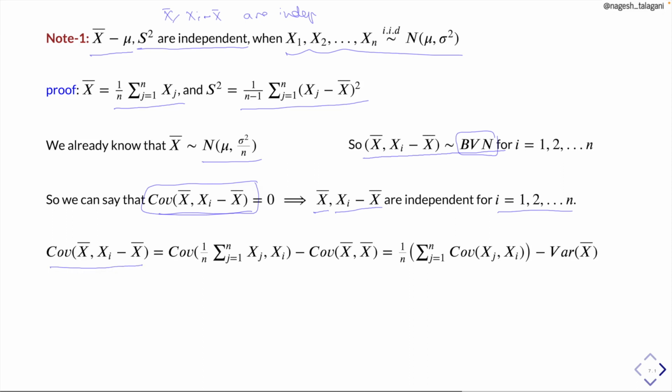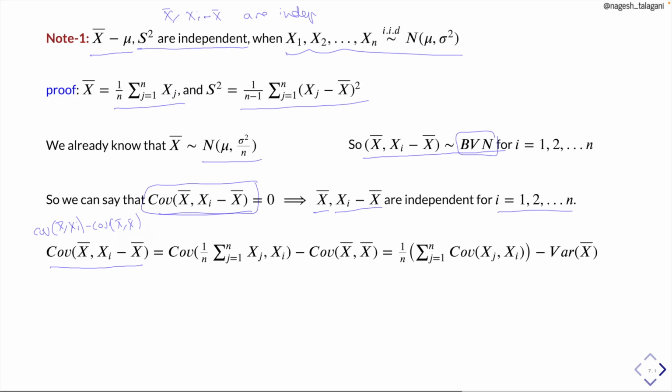Covariance of x bar comma xi minus x bar. First I can write this one as covariance of x bar comma xi minus covariance of x bar comma x bar, using the covariance property. Now